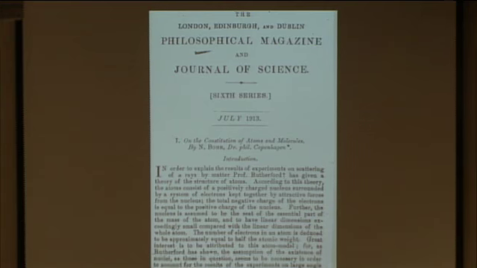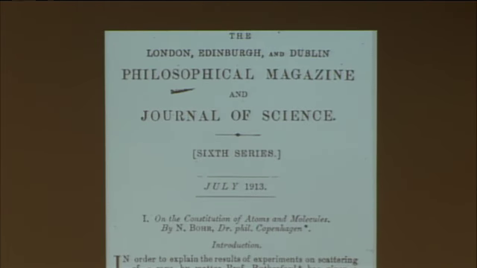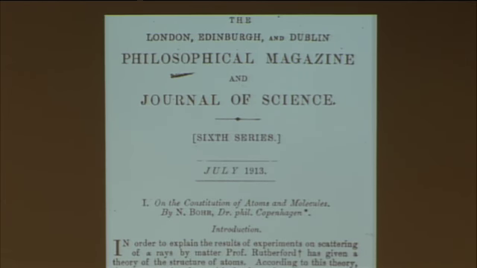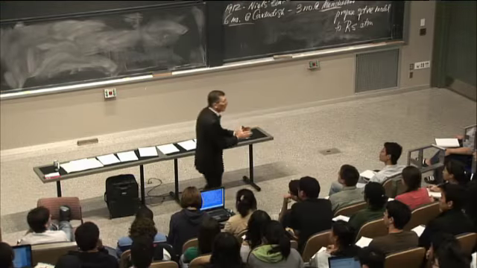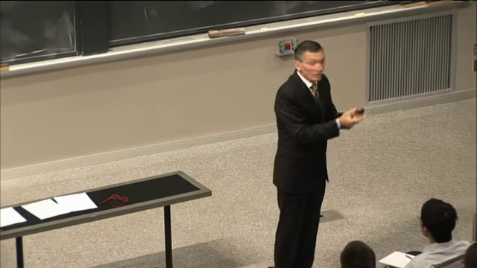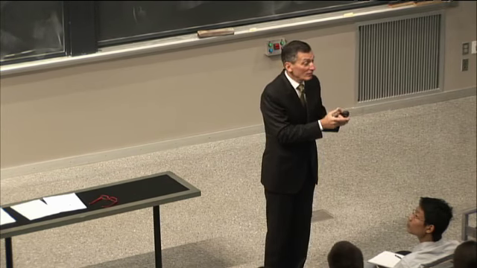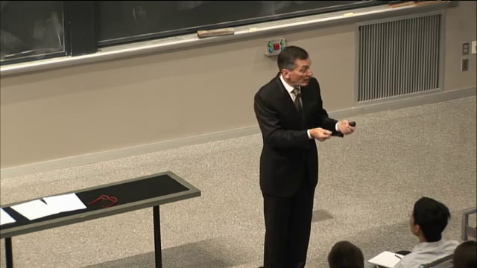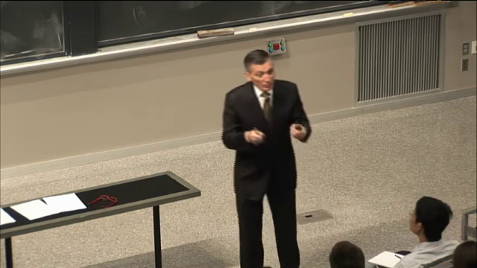In fact, when I was a freshman at the University of Toronto, we had copies of PhilMag going back all the way to the 1600s. And these were not facsimiles, these were real copies. I was in the stacks, reading something by, I don't know, Lord Kelvin, late 1800s. And I said, gee, if I've got Lord Kelvin, then maybe I can go over here to the early 1800s and read Humphrey Davy. And if I can keep going, I pull out a leather-bound edition of PhilMag from the 1660s, and I open the book, and there's a paper about gravity by Isaac Newton. And that's how science is communicated.